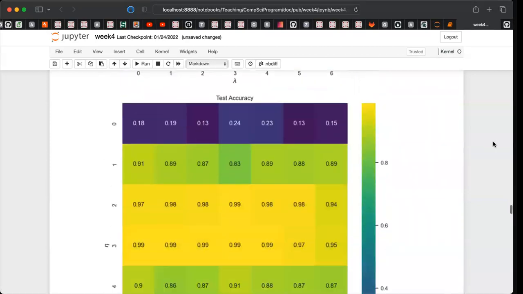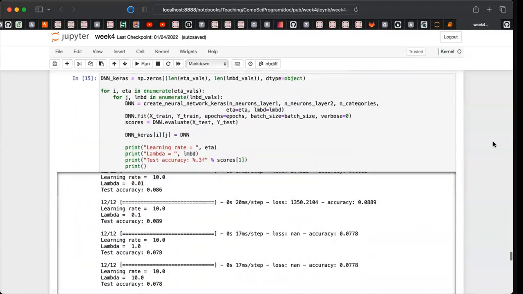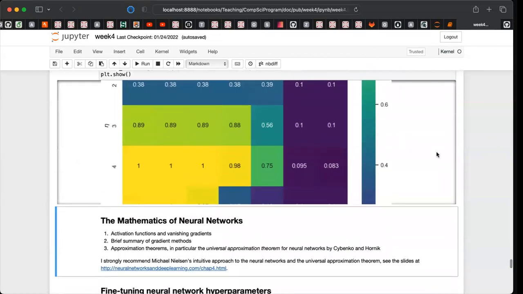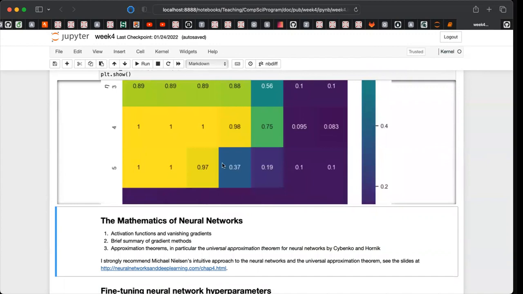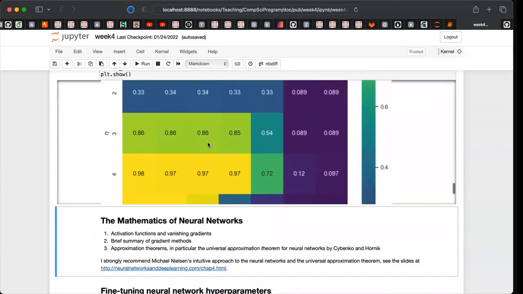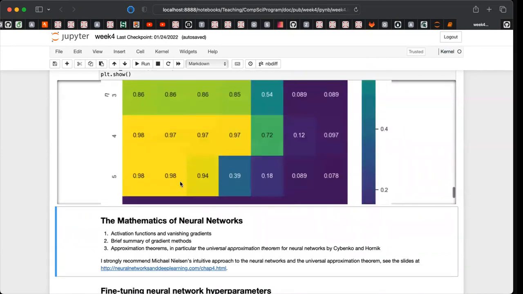And if we now go down and look at the results which we had using TensorFlow and Keras and 2 hidden layers, you see that we are getting an area with the learning rate and the hyperparameter lambda which is a little bit smaller. And if we look at the final test accuracy, you see we don't reach a test accuracy beyond 98%, whereas with the simple model, which we had with 1 hidden layer and 50 neurons, we actually got a better